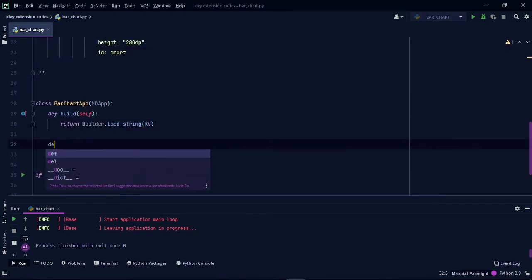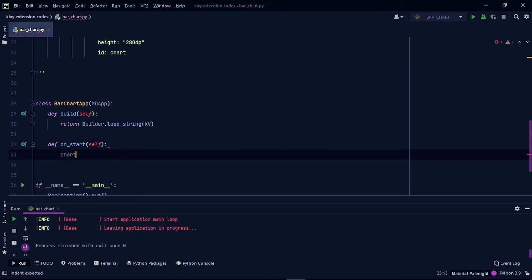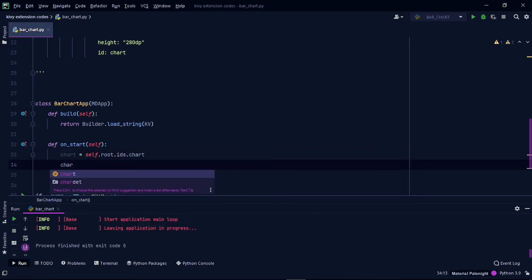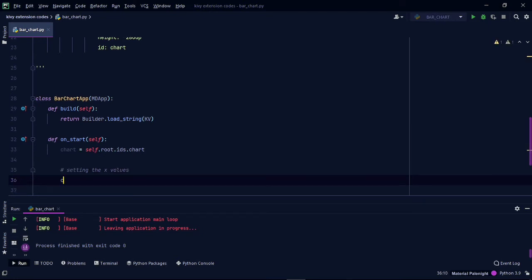To set the data for the bar chart, we need to call the on_start function. The chart variable represents self.root.ids.chart. To set the x values of the bar chart, we need to use chart.x_values.